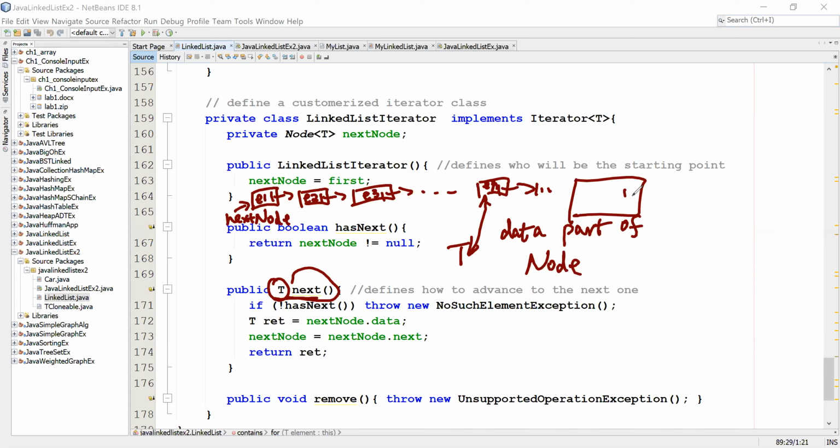So the node has two parts. This is T something, and here is the next. It's the type, it's just to get the contents of the node. And of course, first we are going to check if you reach the end of the linked list. If that is the case, then it throws the exception. Otherwise, you are going to get whatever the current